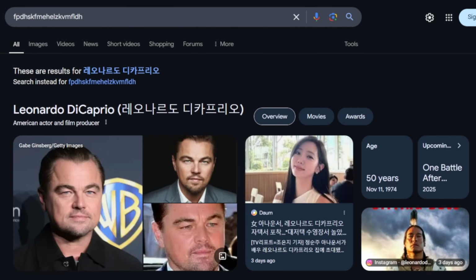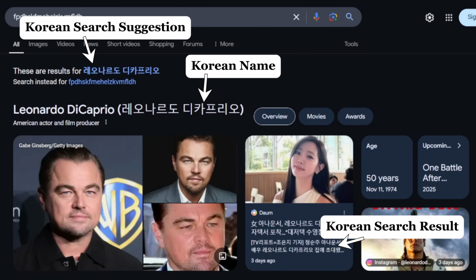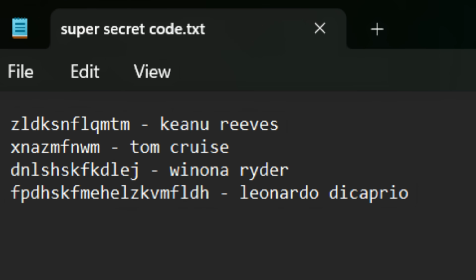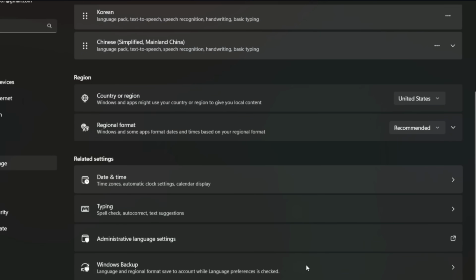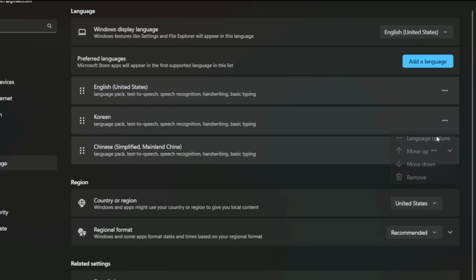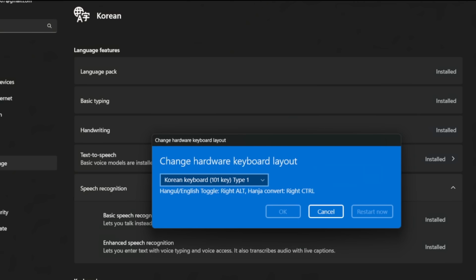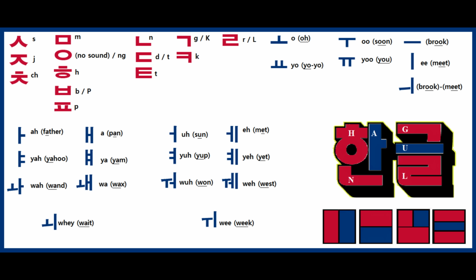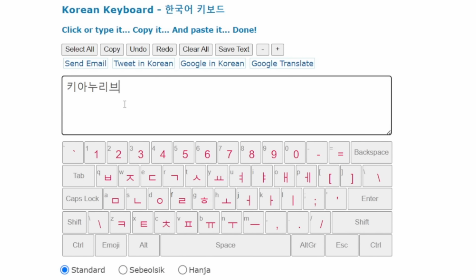Why? You might have some idea already given the other stuff here, but this is not some secret code. It's just what happens when you don't realize you've swapped to a different keyboard layout. And because Google is trying to correct for you, mistakenly thinking you're still using a different layout, specifically the Korean keyboard layout. Korea uses a phonetic alphabet which makes it possible to write any name like Keanu pretty easily.